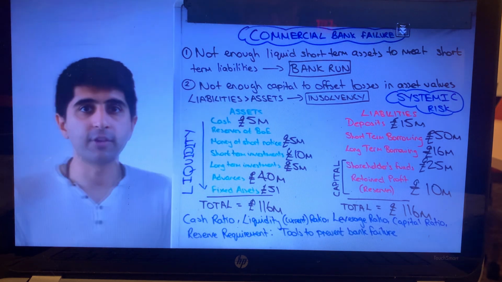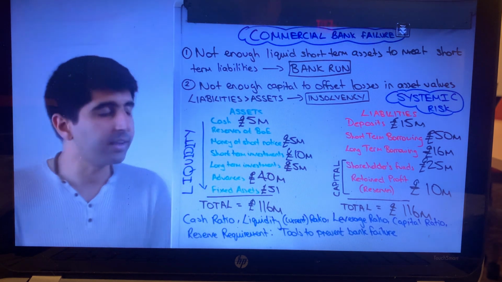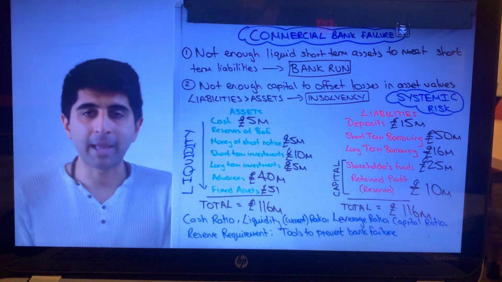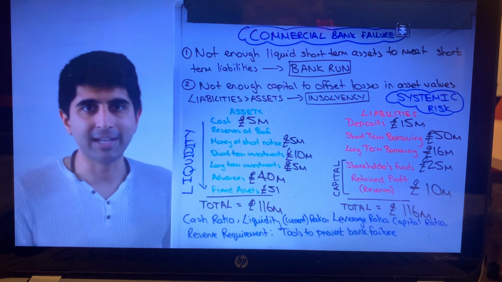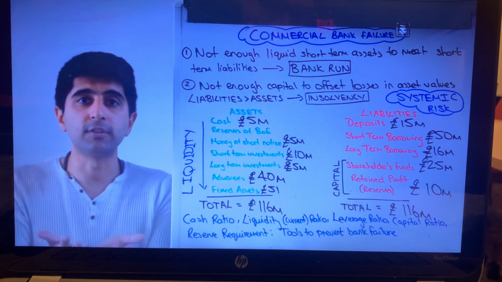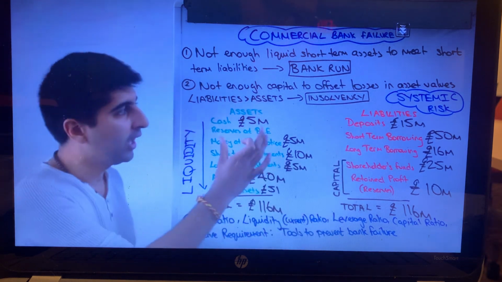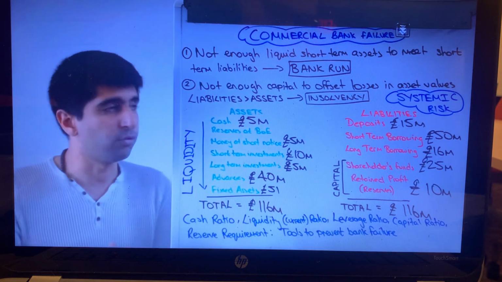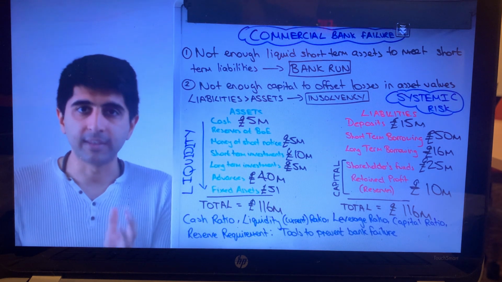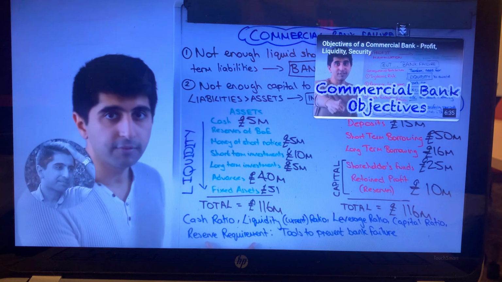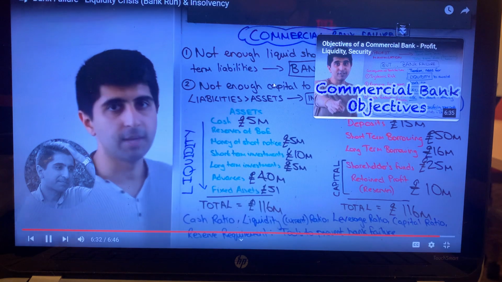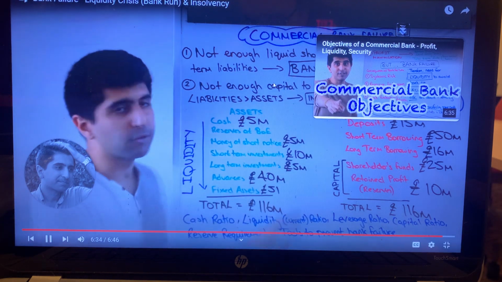You've also got the reserve requirements, so maybe imposing that or increasing that, and that is by law, making sure that when deposits are put in the commercial bank, a certain fraction are kept in the Bank of England, in the bank account within the Bank of England there. So imposing a reserve requirement or increasing the reserve requirement will make sure that the bank has always got enough liquid assets, cash in this case really, to meet the needs of depositors or any other short-term liabilities that they are liable to pay. So increasing the reserve requirement or imposing it will make sure that enough liquid assets are always held to meet any short-term liabilities, preventing the risk of a bank run and therefore bank failure.